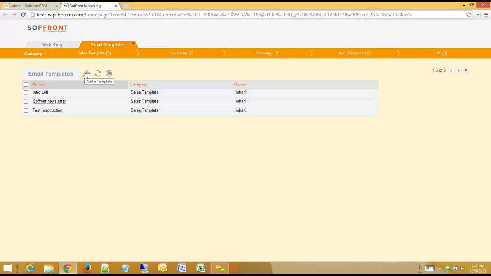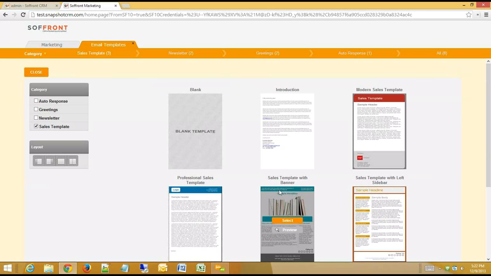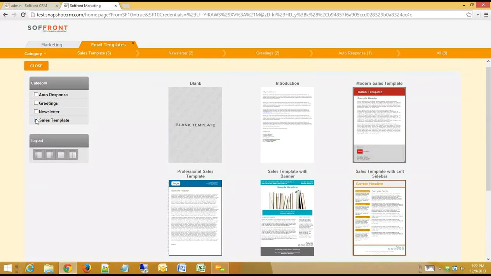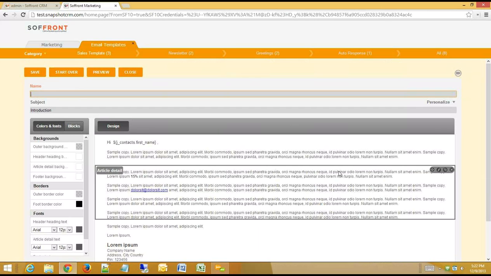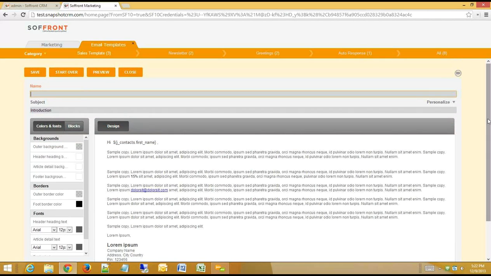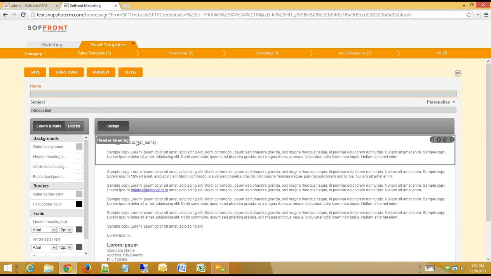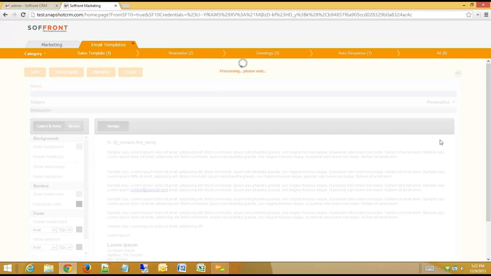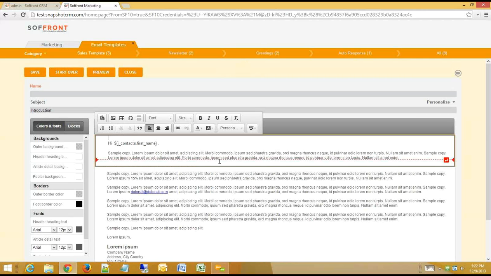If you wanted to create a new one, you could click on the plus sign and choose from different email templates which might be available out of the box. So you can choose which type of email template you want and simply create it. You click on something and you have an email template ready, which you can modify based on your requirement. Each section is highlighted like this,